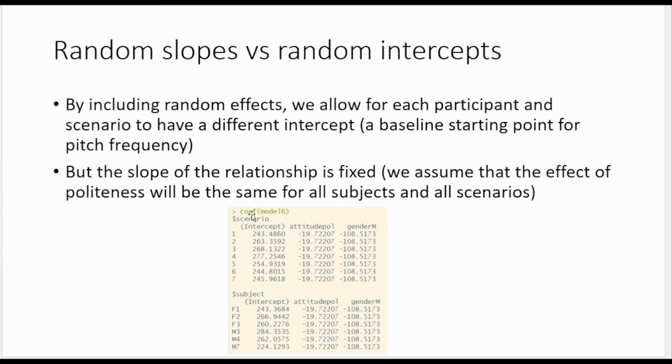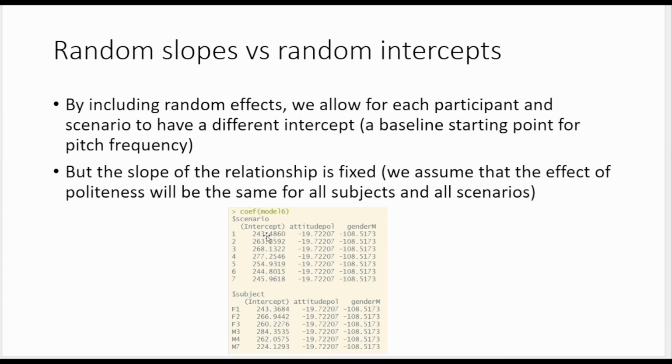So here we go. If we look at the coefficients for model 6 and our random effects of scenario, the effect of politeness is exactly the same for each of them. Likewise, the effect of gender is the same for each of the different scenarios. Likewise, for subject, the effect of attitude is the same, and gender is the same on all of our different intercepts. So the intercept would be the starting point on the y-axis, and the slope would be determined by the intercept here. But we can change that so that